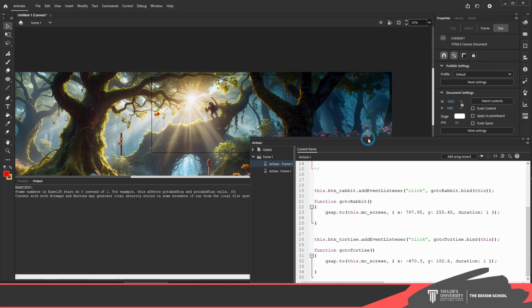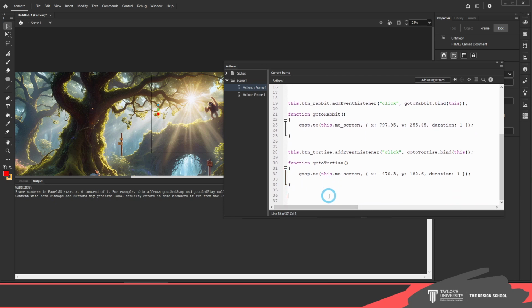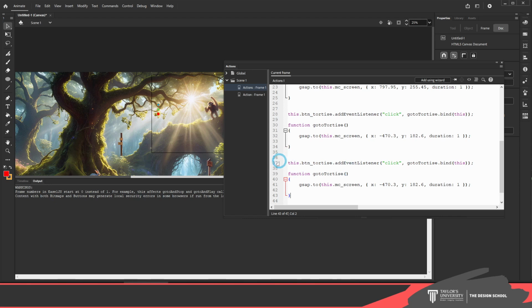All right. So once we have the monkey coordinate, let's copy and paste this button and use it for the monkey. And I know that this is called btn monkey, the instance name. So it'll be btn monkey, and then go to monkey, and then this one also go to monkey. It can be any name, yeah. I just use go to monkey because I think it makes sense for the meaning. And then we're going to change the coordinate for the monkey. So the monkey is negative something for the x axis,